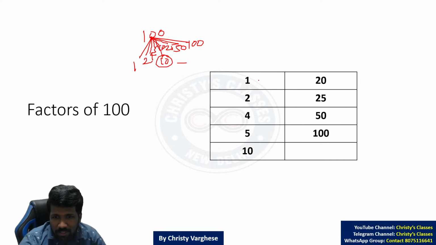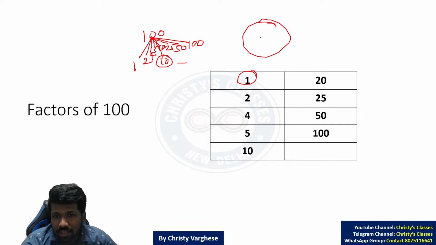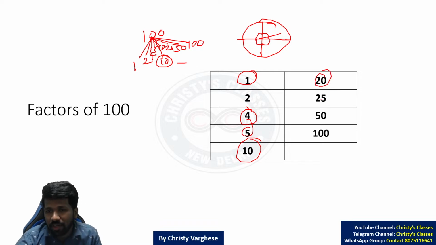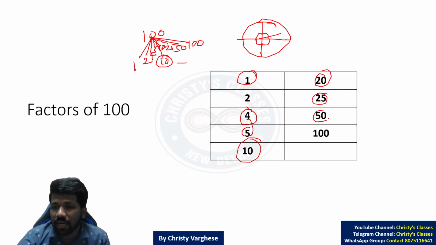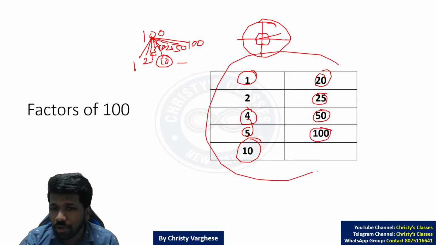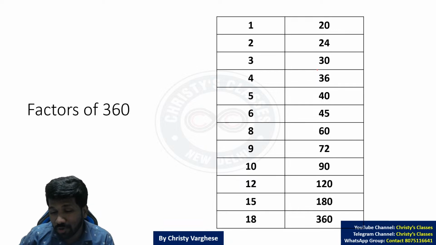100 has only 9 factors, which means you can divide 100 into these portions. Like if the circle was 100 degree, full circle is 100 degree, half circle is 50 degree, 50 degree each. If it is divided into quarter, 25 degree, 25 degree, 25 degree, okay. 5 parts, 20 degree each, 10 parts, 10 degree each, 100 by 25, 4 degree each, 100 by 50, 2 degree each, 100 by 100, 1 degree each. You can divide it into 9 portions conveniently, but 360 you can divide it into 24 parts.